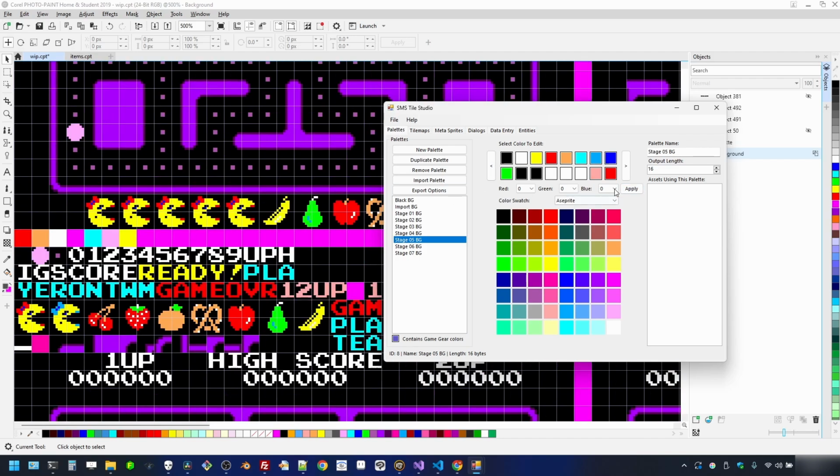Stage 5, we have that over here. The border color for stage 5 is yellow. The fill color is a pink. Looks like 255, 170, 255. So we can find that. I think it's this one here. It is. Then this cyan